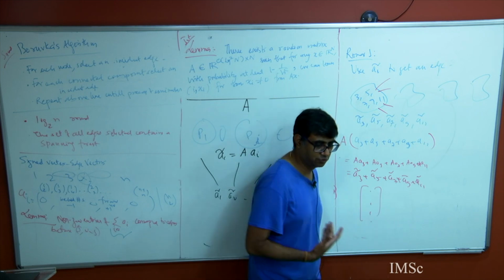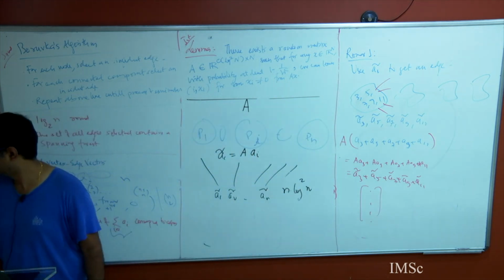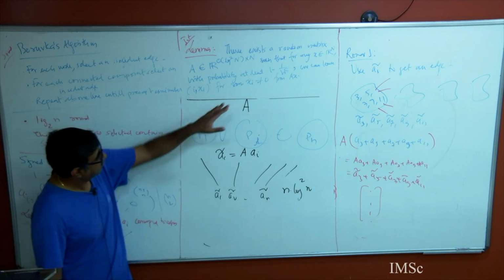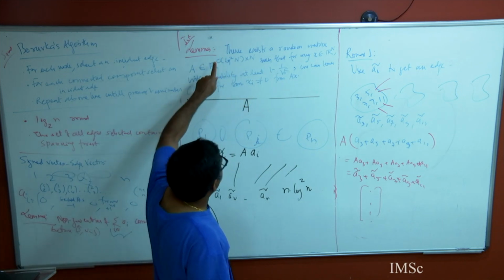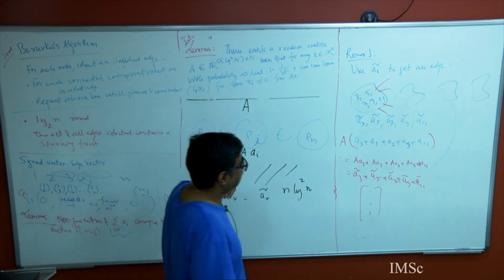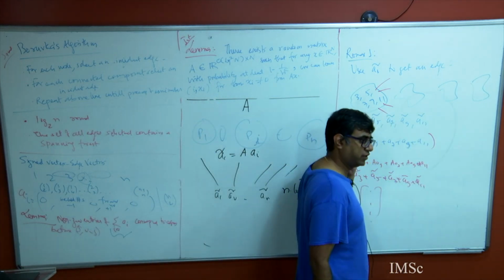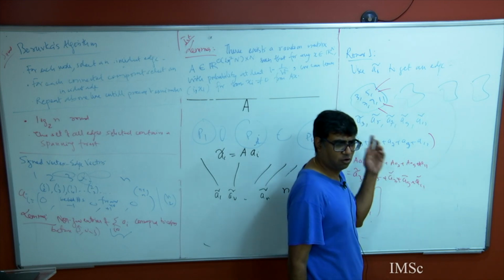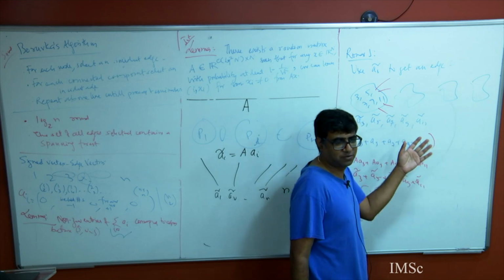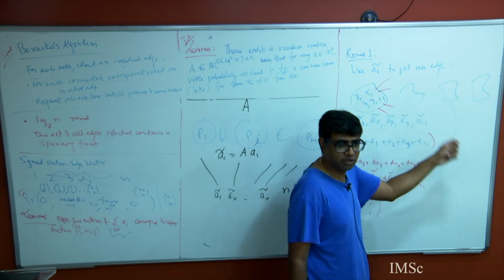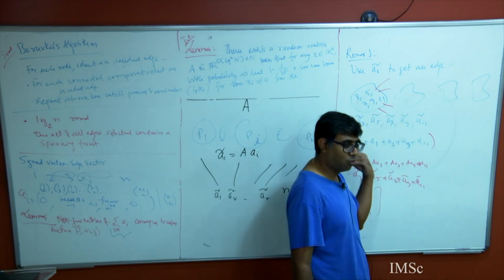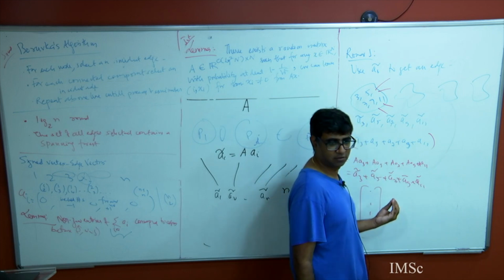What is the issue? Do you understand the issue? I cannot use the same A. Why? Let's just read it. There exists a random matrix such that for any x, something happens with some probability. And what did we apply here? In the first round, we used the same A, and I applied a union bound over the n vectors to bound the error probability in round 1. But in round 2, why can I not use the same A?